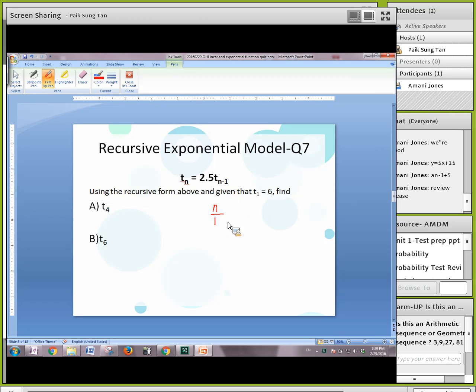So given T1 is equal to 6, when n is 1, the Tn is 6. T sub 1